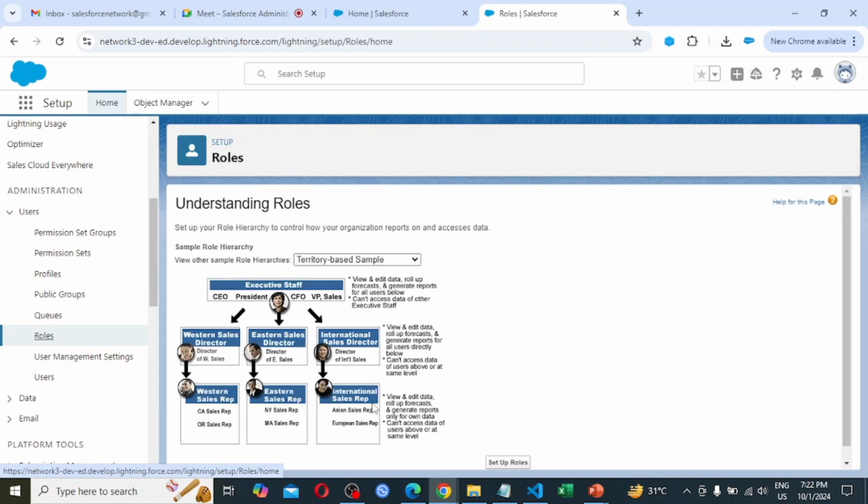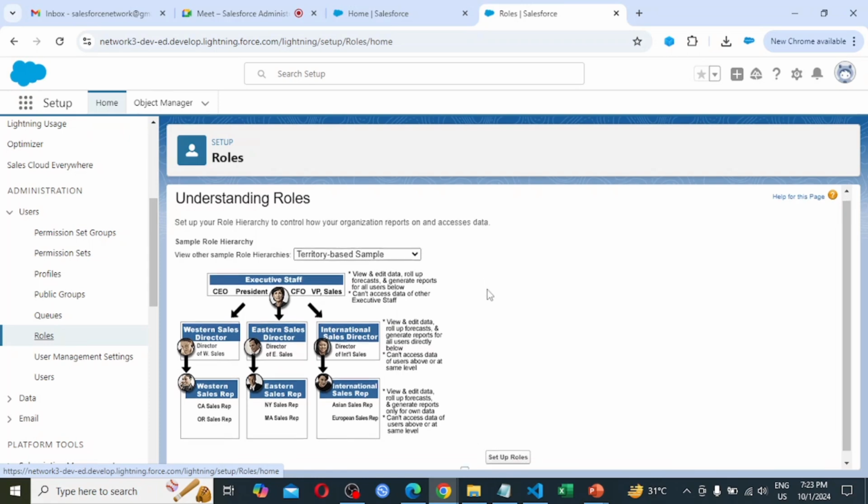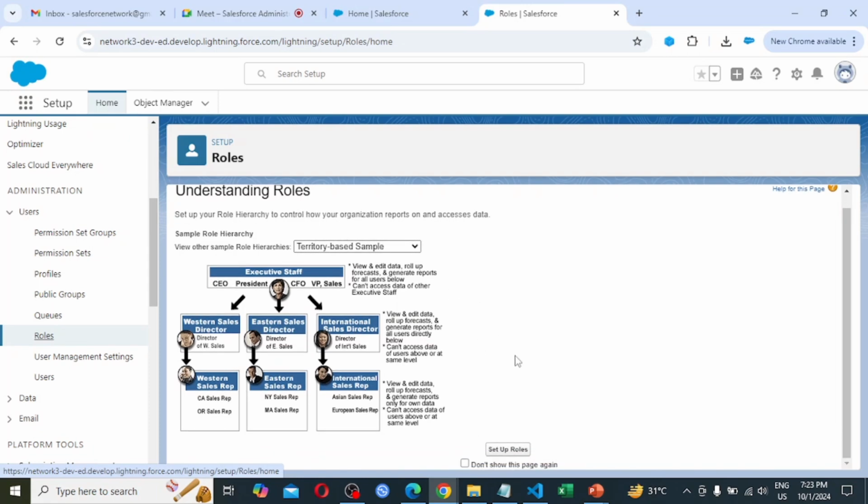First see what is the architecture given by Salesforce, understanding roles. So set up your role hierarchy to control how your organization reports on and accesses data. So view other sample role hierarchies. Just go with that. Once read this.